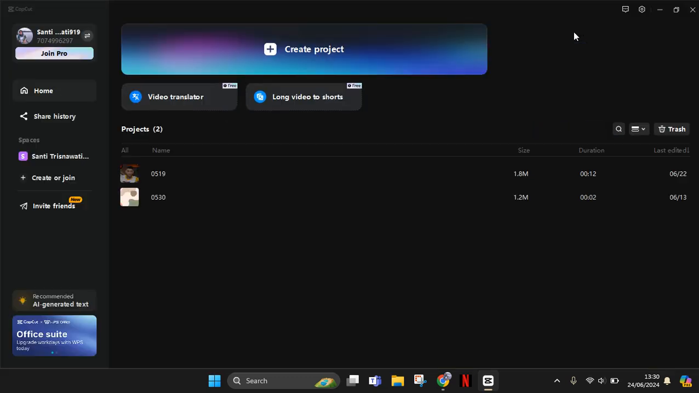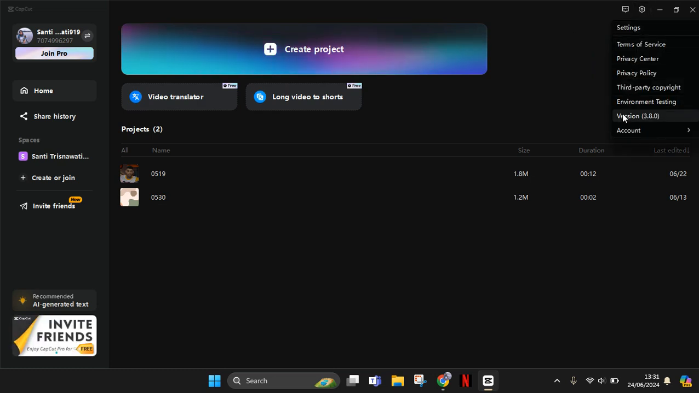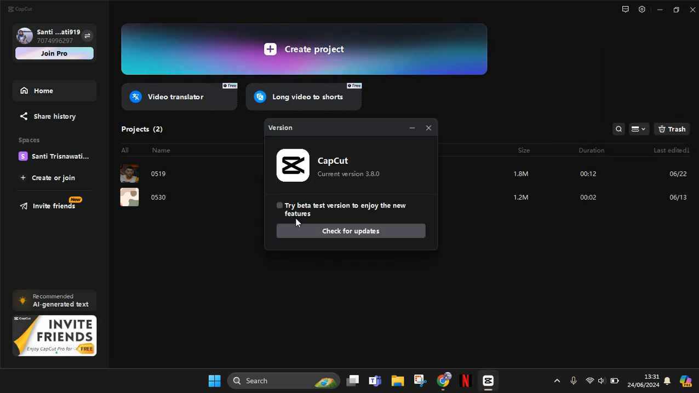So after you open your CapCut PC, you can go straight to the settings at the top. And here you can see this version. But if there is an update needed, there will be a notification in here, blue text saying update. So let's try to click on this. You can see now, this is my current version